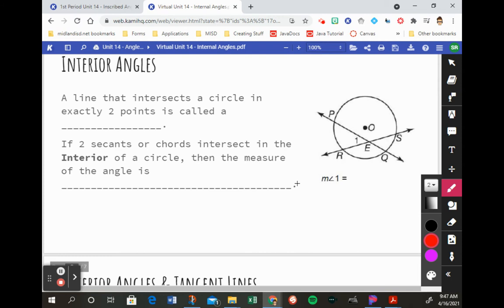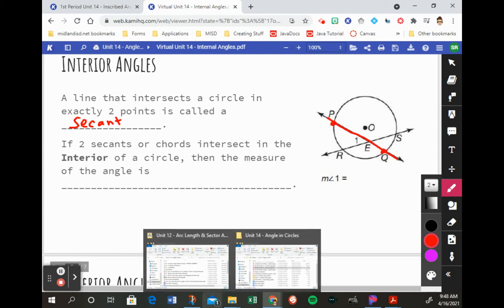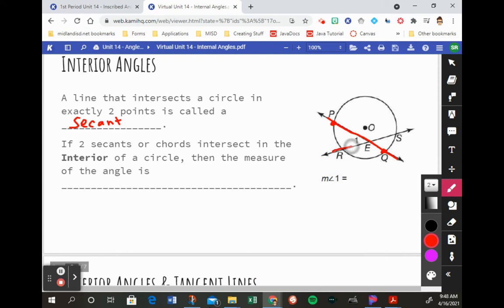So let's talk about some things. A line that intersects a circle in exactly 2 points is called a secant. So like line PQ intersects at point P and point Q, it's 2 points. And then RS is at 2 points. Those are secant lines. If 2 secants or chords intersect in the interior of the circle, then the measure of